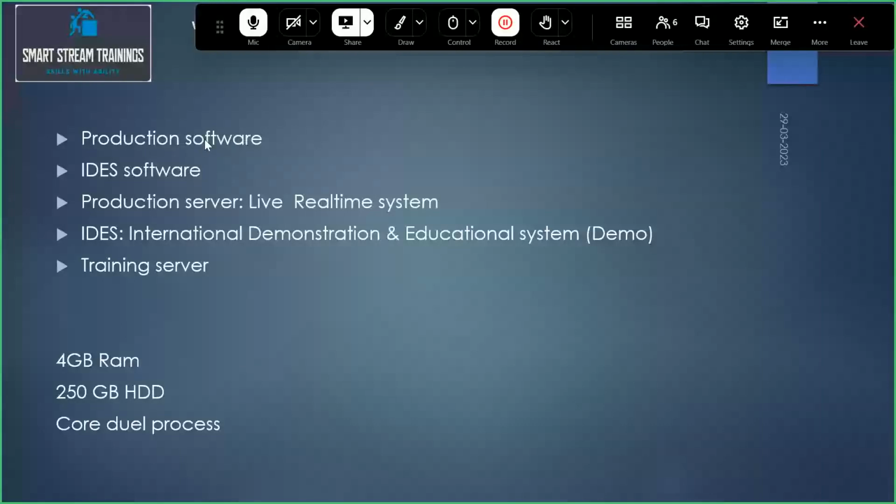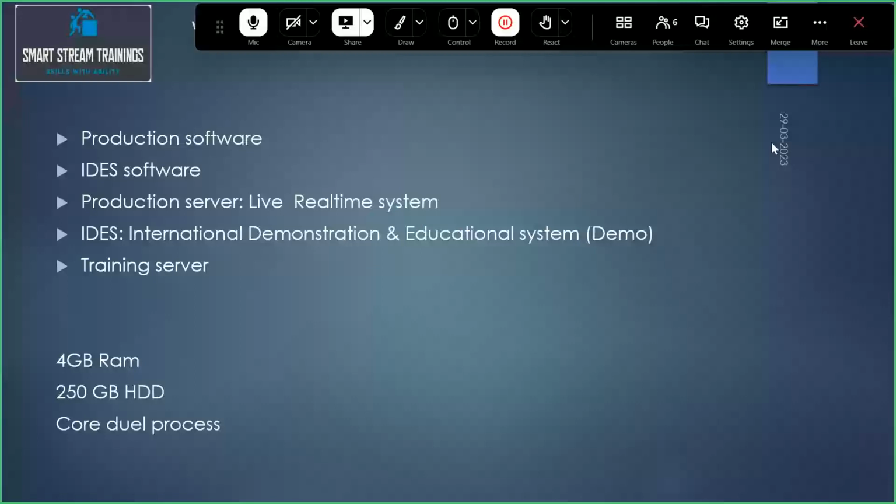SAP is production software, so we are providing servers to practice on. From two classes onward, we are going to start with the development process, and through that we will practice on servers. We are providing servers with 5 months of server access as part of this course. Through that, you can practice all these objects on the server.